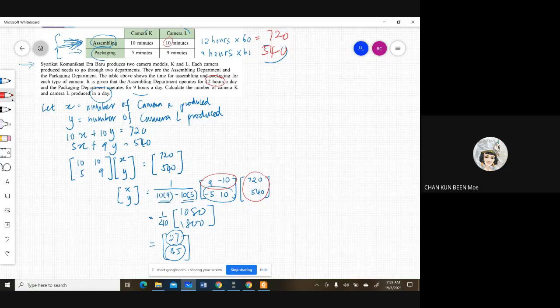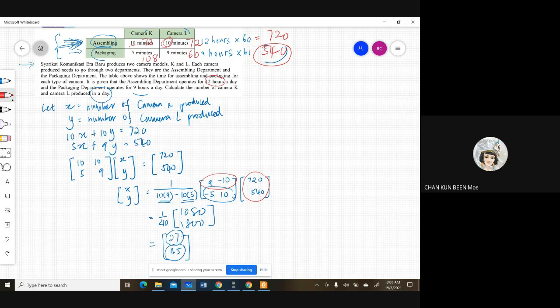If camera L takes 10 minutes, how many camera L can be produced from 720 minutes in the assembling department? Each takes 10 minutes. 720 divided by 10, we get 72. Whereas for camera K, 720 divided by 10, also the same, 72. But when it comes to packaging, 540 divided by 9, so it is 60 camera L. And for packaging camera K, 540 divided by 5, so it's